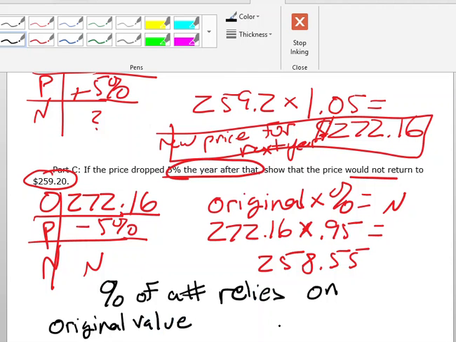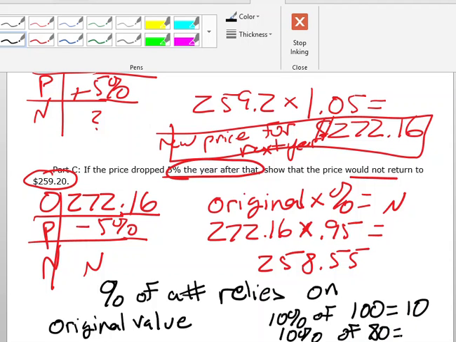Okay, so 10% of 100 is equal to 10, but 10% of 80 is equal to 8, okay? So that same logic: 5% off of 272 is going to be different than 5%